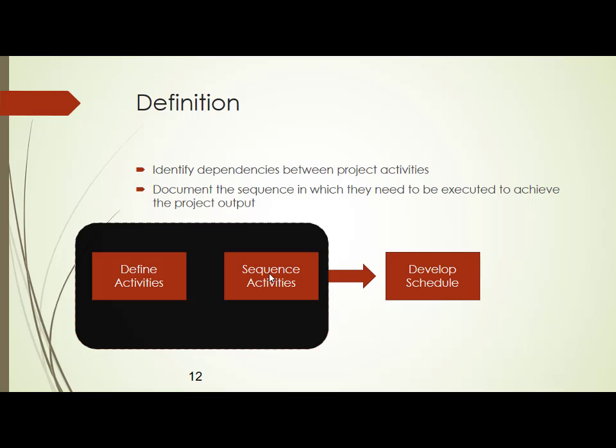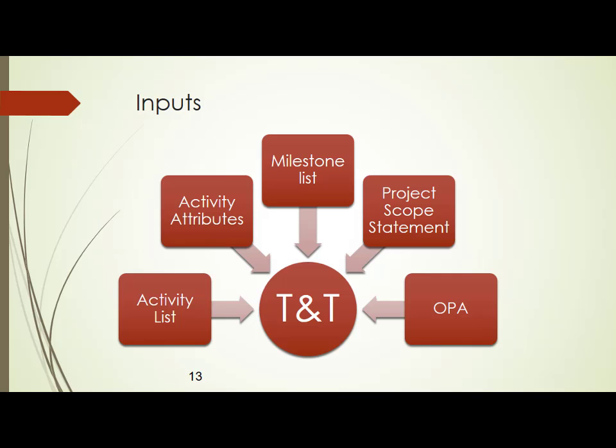So if you think of creating the content as activity 1, and putting the content onto the public space as activity 2, we can say that only after the completion of activity 1, can you go to activity 2. So these dependencies are there within these activities. Those dependencies I can identify in this process called sequence activities. Sequence activities is identifying how the activities are arranged in a sequence.